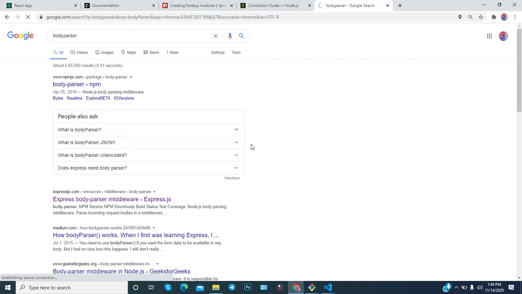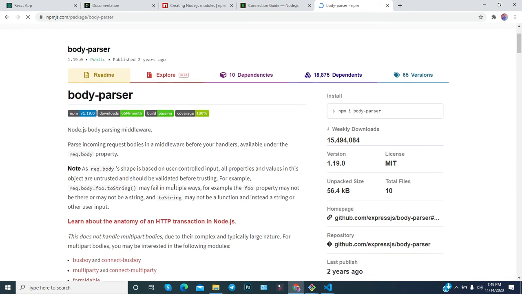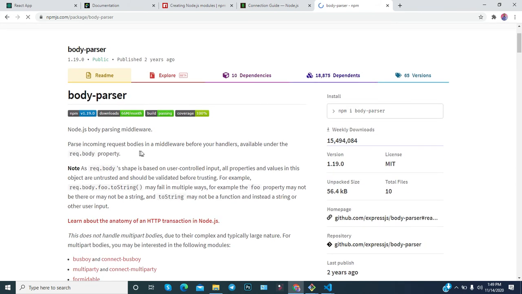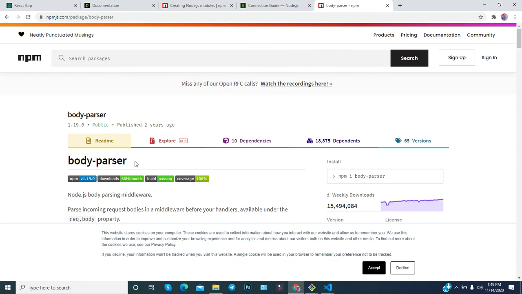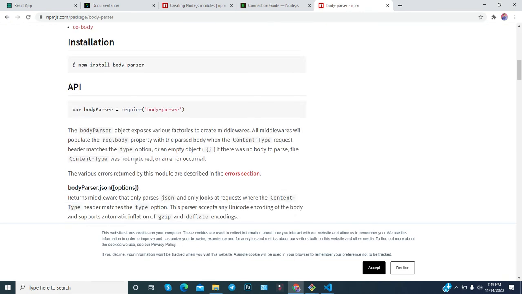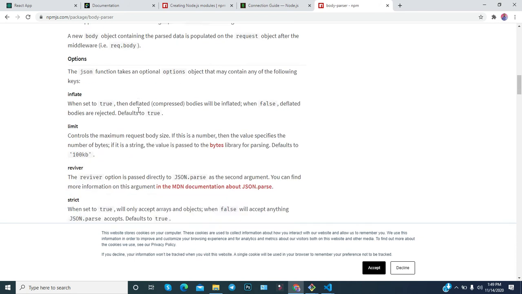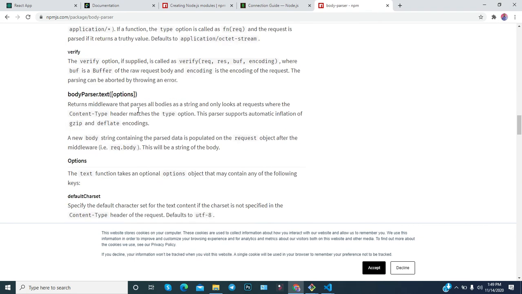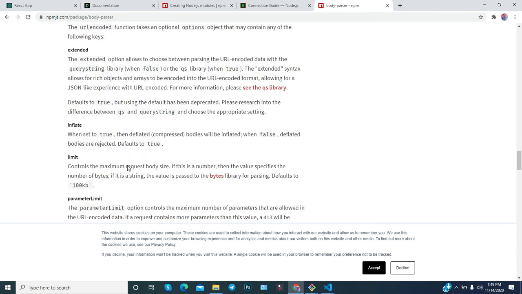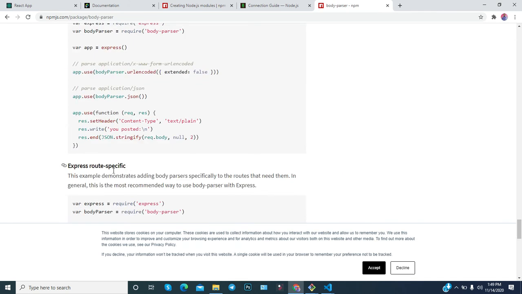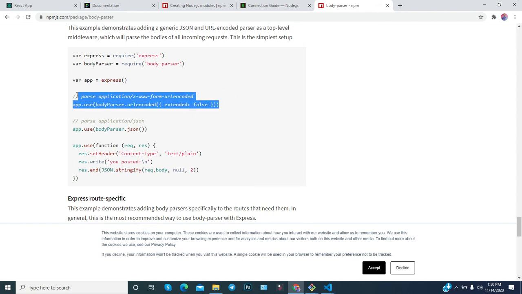Okay, so go to the body parser and check what the use of this is, so you can clearly understand what I told. It parses incoming request bodies in a middleware before your handlers, available under the req.body property. So I think you understand. This is the installation guide, and this is the API. Like that you can go through and you will definitely understand, along with some of the syntax of how you can use it. Here you can notice that this is the basic syntax in your Express application. You can use it in this way.